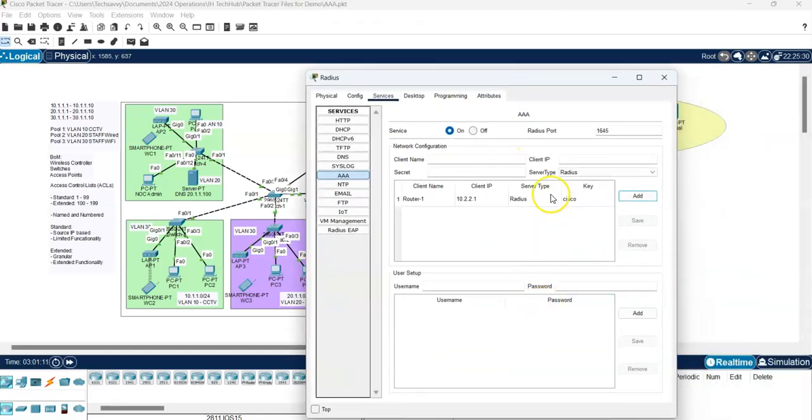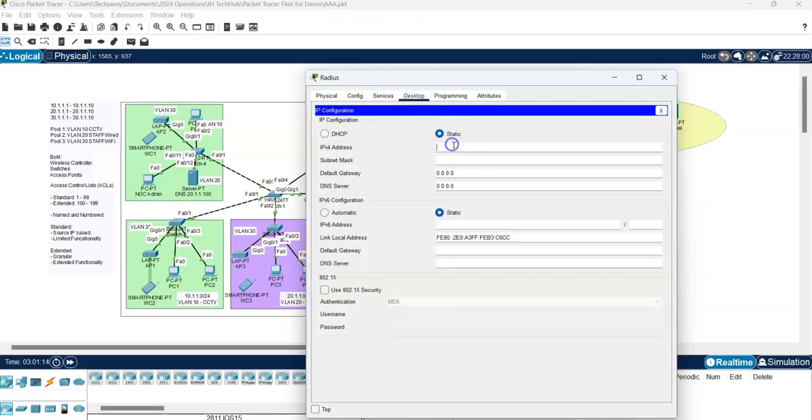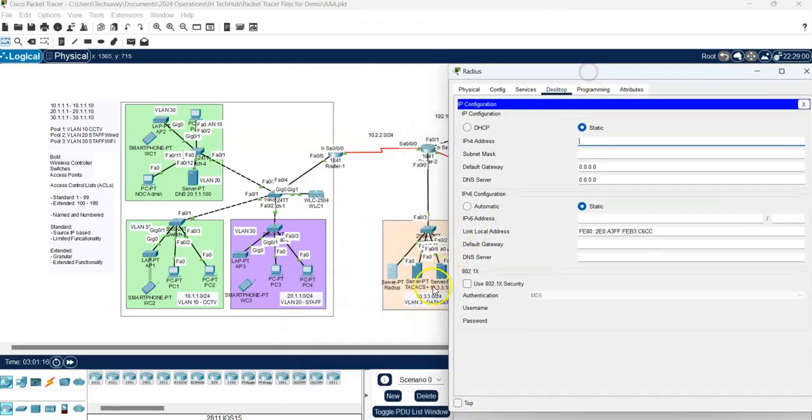So this server is up, it's working. The next thing to do is to check its IP. So we need to provide an IP, and the subnet here is VLAN 3. So I'm going to give 10.3.3.200, and the subnet mask is going to be /24,